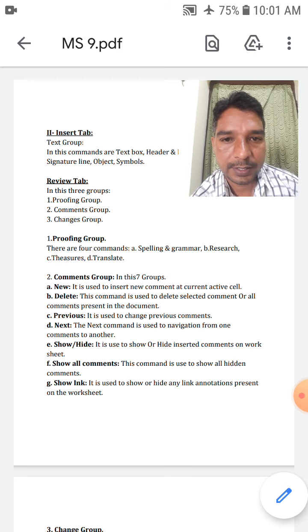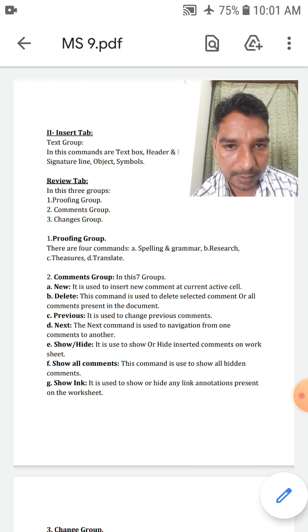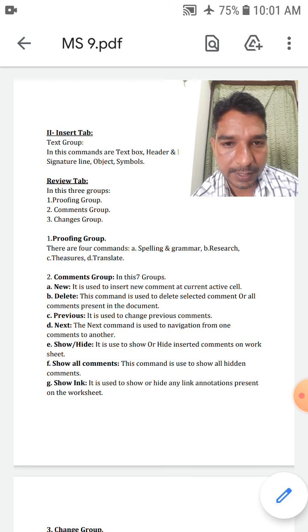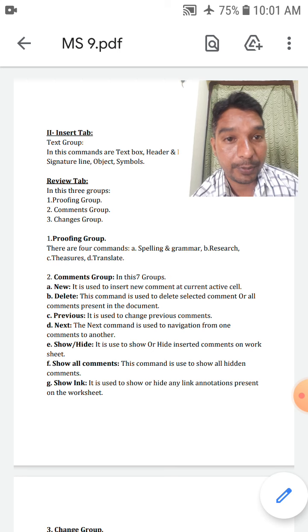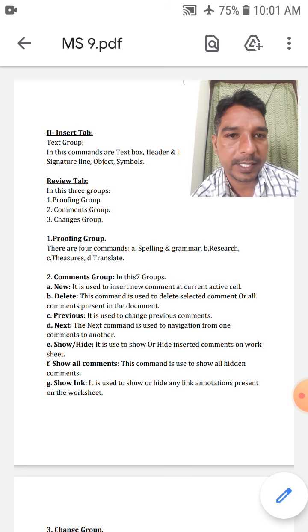The next one is the second group, the Comments group. In this there are seven commands, and the first one is New. New is used to insert a new comment at the current active cell.